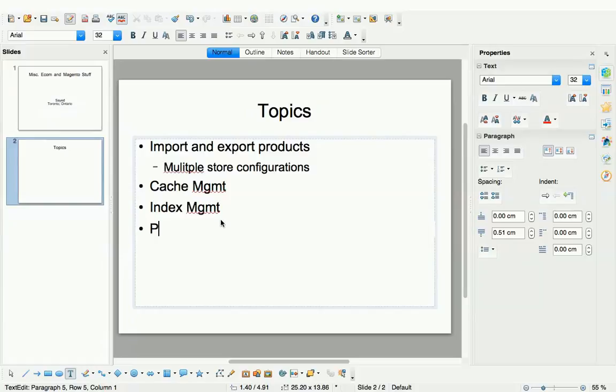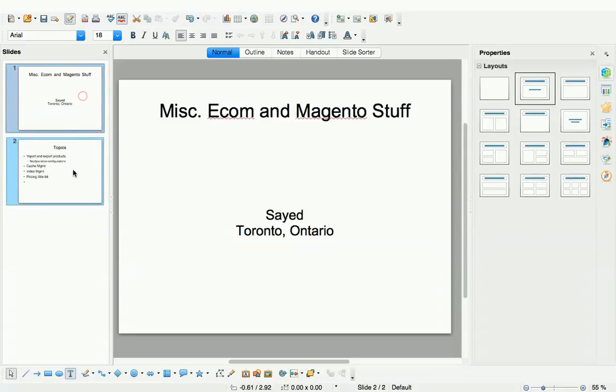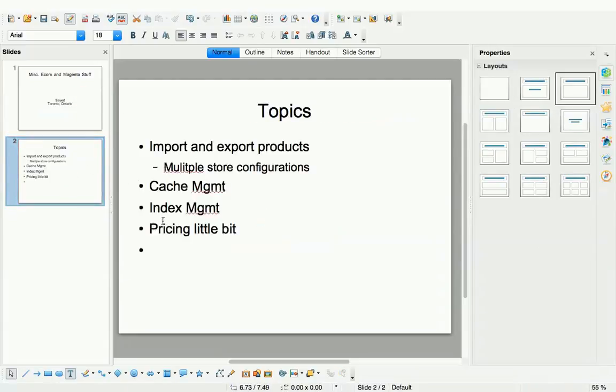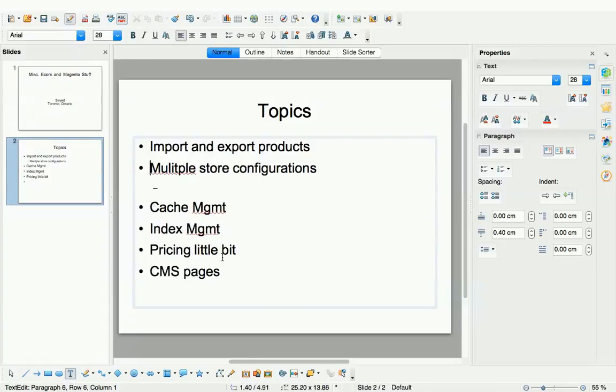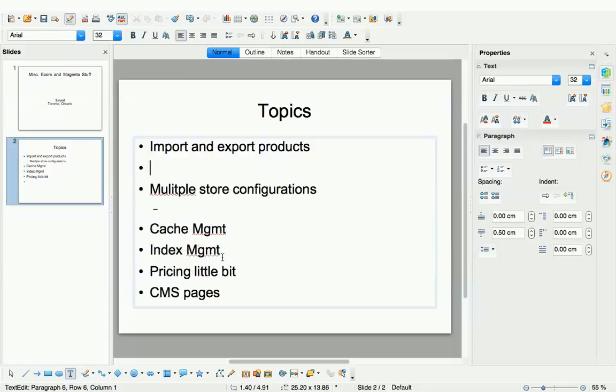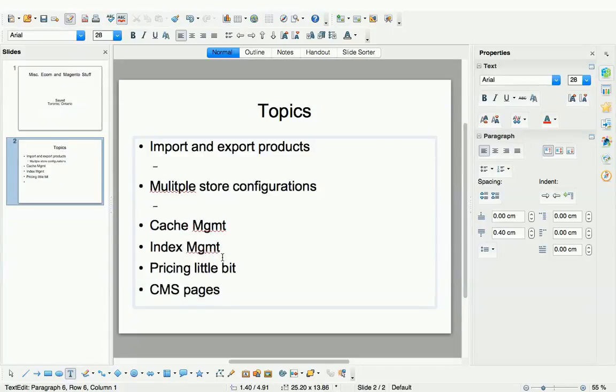So probably pricing a little bit. Okay, I will introduce more topics as I go. I think the CMS pages, that is one thing. Import export. And then what I can do,